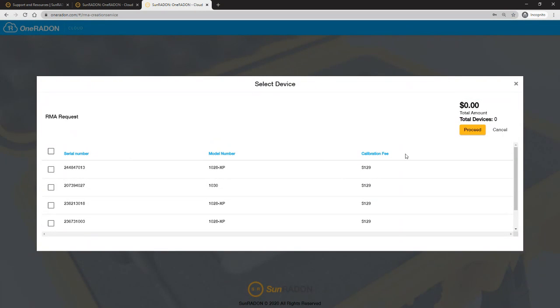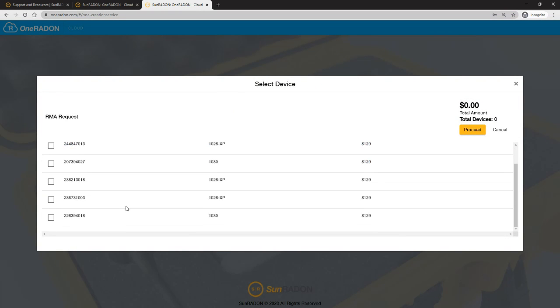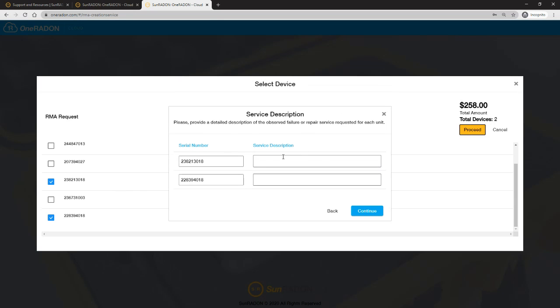So let me go ahead and move forward with that. I'm just going to pick a couple of the devices here. I'm going to choose this 1030 and this XP, and I'm going to click Proceed. It's going to bring up a service description field, and I'm going to put in that, let's see, I need